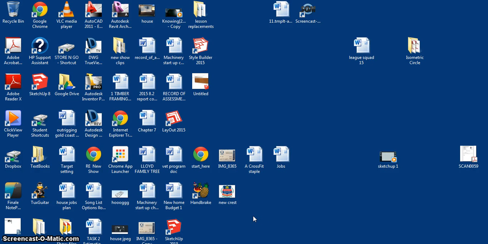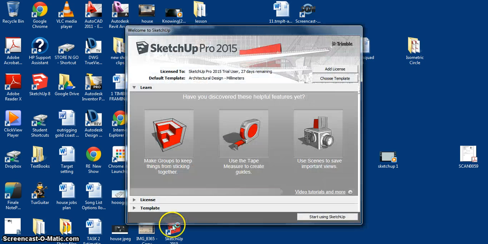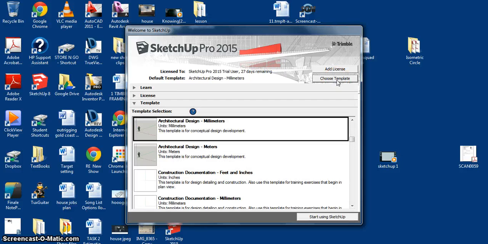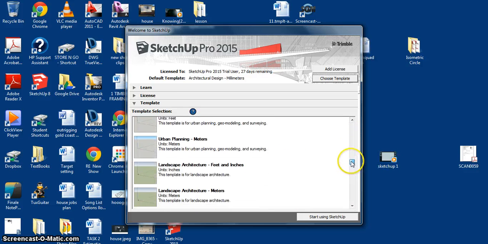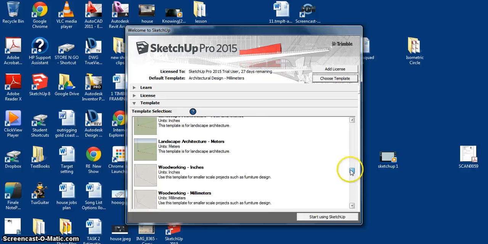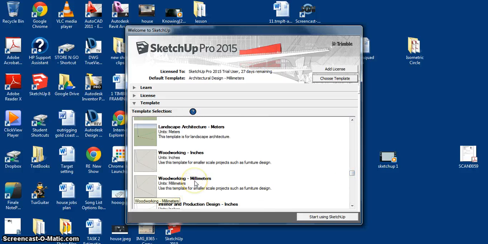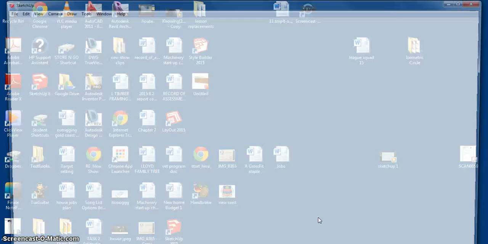So first of all, to start our SketchUp drawing of our pencil box, we just open it up from the SketchUp icon, and then we want to choose a template. The one that we'll choose will be woodworking millimeters, which is down here. It's very important to make sure that we choose the metric standard. Be careful not to choose the imperial, but yeah, we'll go with the metric and start using SketchUp, and we'll